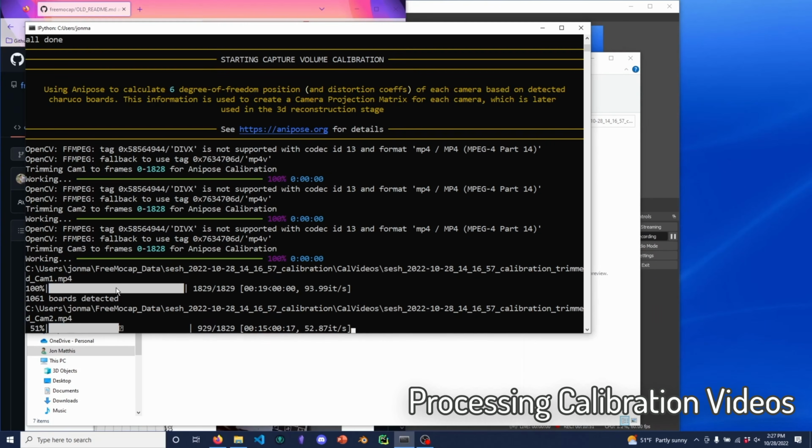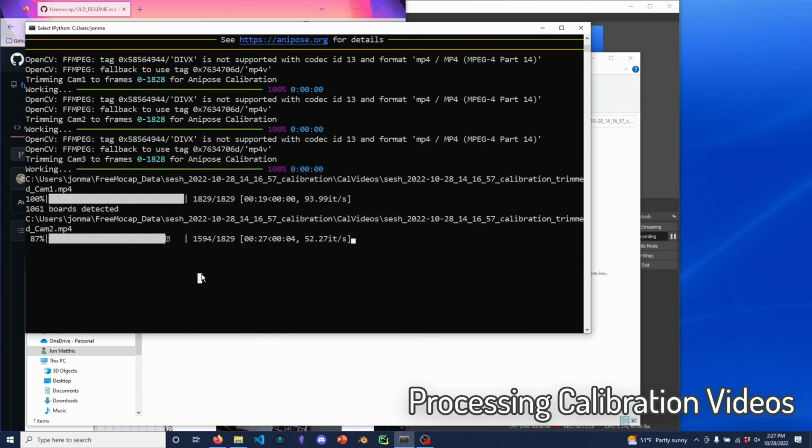Okay, so just talking over what's going on during the calibration stage. These white bars as they're going through are running through each of the images of each of the videos and detecting the Charuco board. So you can see here, this one in the first video found 1,061 frames where some of the Charuco board was detected. Not the entire board necessarily, but at least some of those corners were detected. Well, the corners in this case are the things that are drawn as pink dots in the image on the setup part.